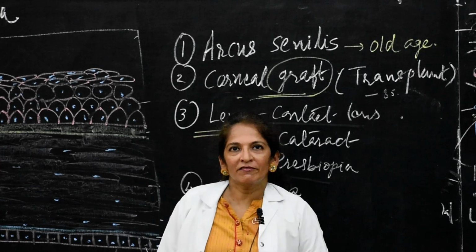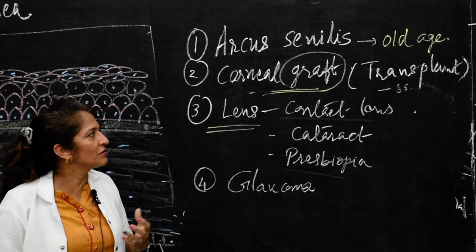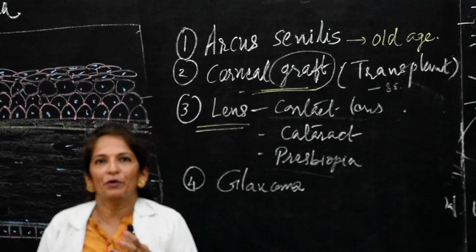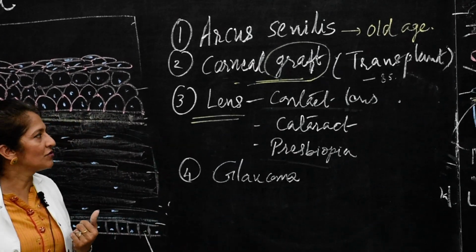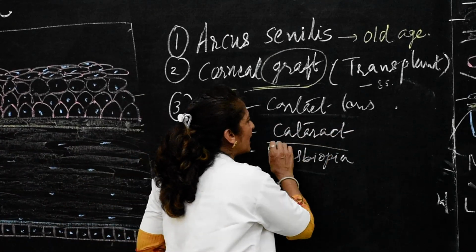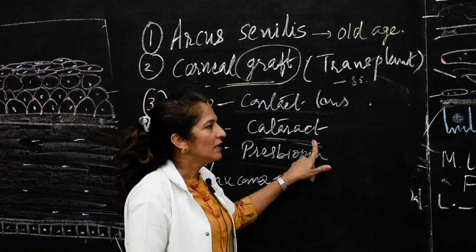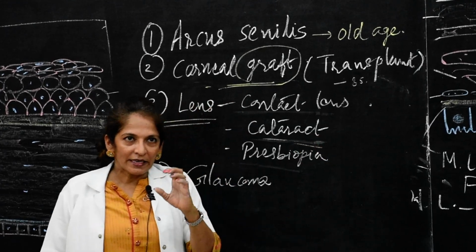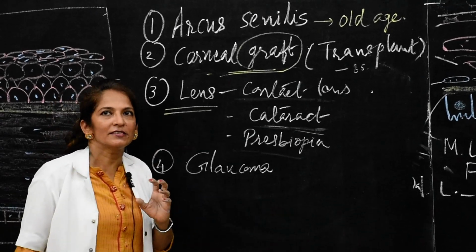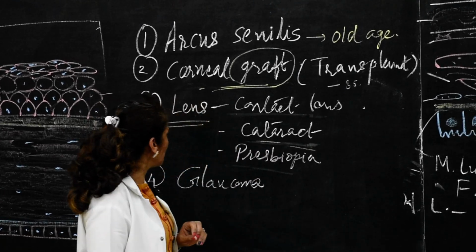The contact lens: the cornea is avascular, so it receives nutrition as well as oxygen by means of diffusion. So the contact lens that covers the cornea must be permeable to air, so that the cornea receives oxygen from the contact lens. Cataract can be cleared by surgery. The lens capsule remains within the eyeball, the inner tissue is removed by surgery, and a plastic lens can be implanted within the lens capsule.